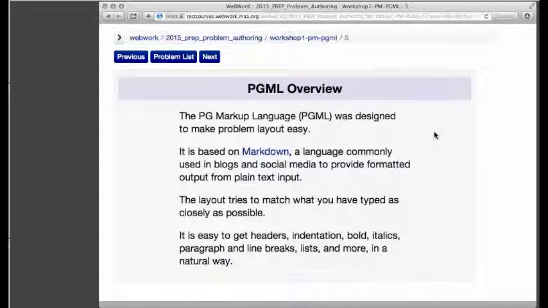The PG markup language was designed to make problem layout easier, and it's based on a language called Markdown. Some of you may be familiar with this. It's a language commonly used in blogs and other kinds of social media to allow you to specify formatting in a way that's easy and natural, particularly for people who were used to writing plain text emails and trying to make things that looked like bullet lists or looked like headers and so forth. It tries to use the kind of layout you would do if you didn't have anything but just your keyboard